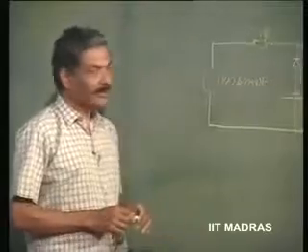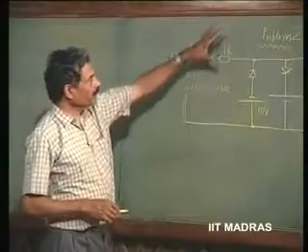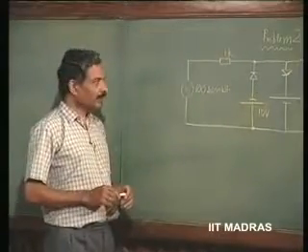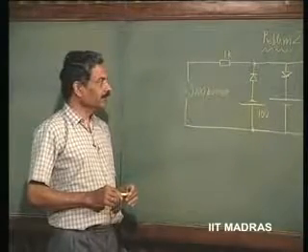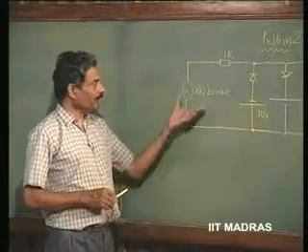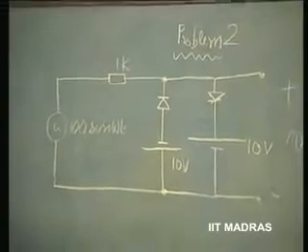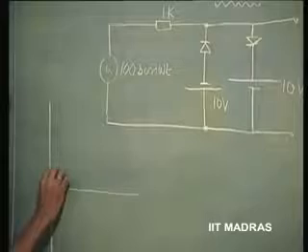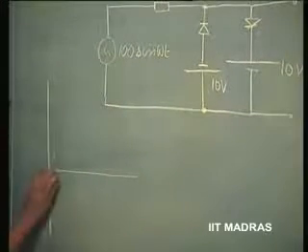Now, continuing with our series of examples and problems, I am now going to give you a problem here, which I hope you will work out in order to illustrate the ability of these diodes to do proper wave shaping. Now, I have a 100 sin omega t AC here, which can be, let us say, drawn as a periodic waveform in the following fashion.